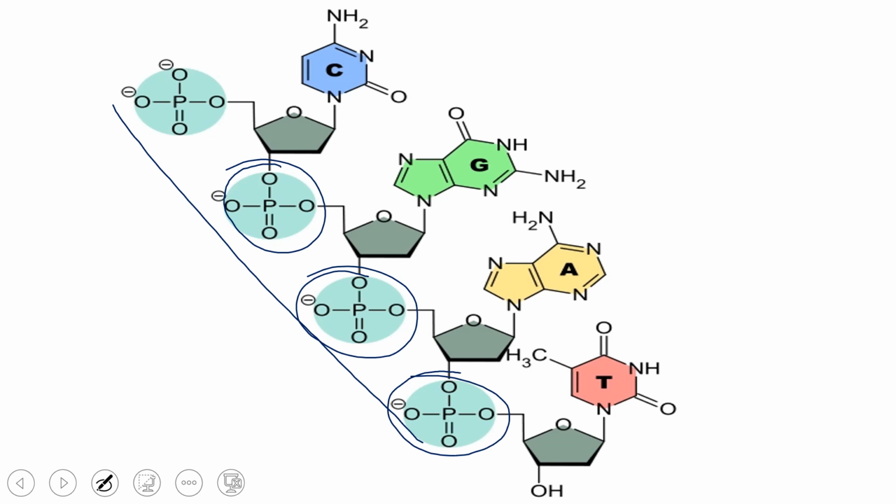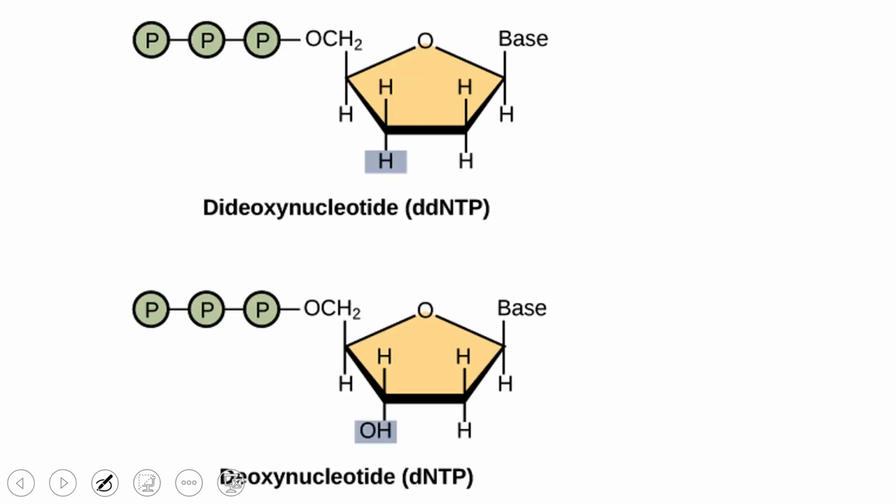Now the important point which you need to remember is we require this 3' OH group. Without this 3' OH, the new nucleotide cannot be added. So that is the most important point here. You can say this is the normal nucleotide which has a 3' OH. This is a deoxyribonucleotide. Why is it called a deoxyribonucleotide? Because at the second prime position it does not have oxygen.